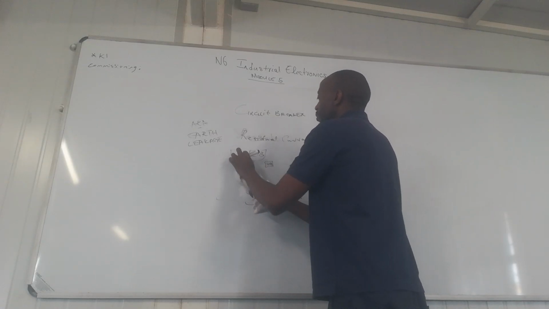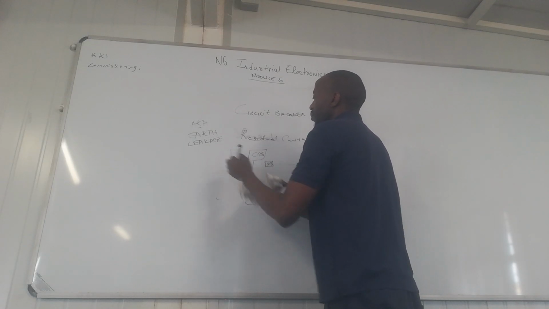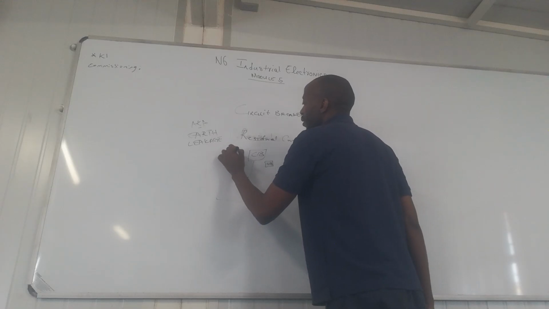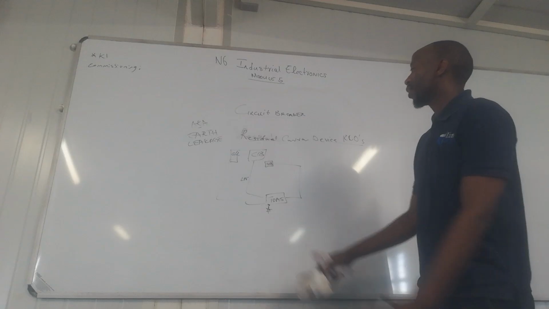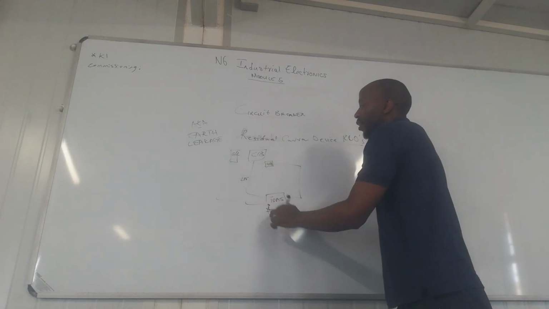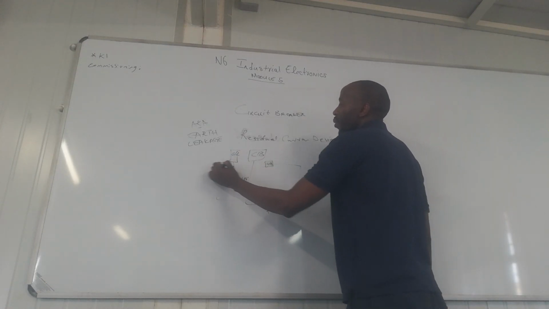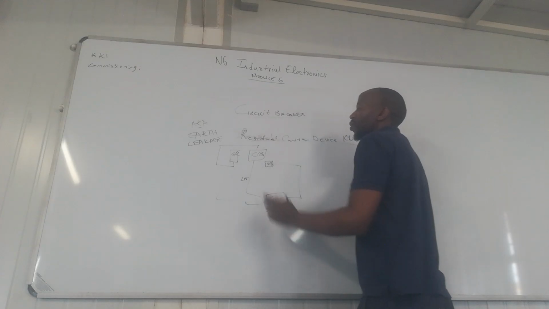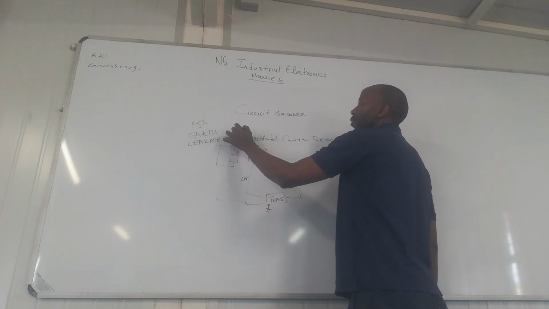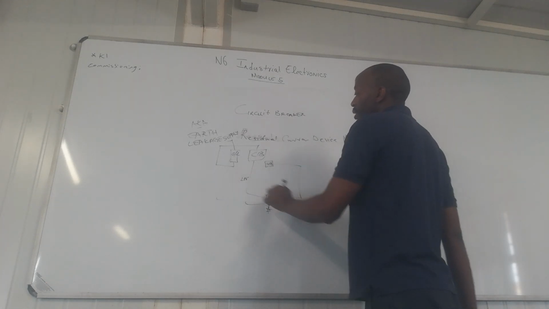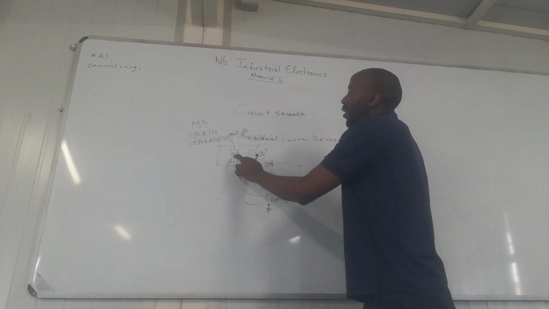I made a mistake here, this one comes straight to the earth leakage. Now the earth leakage will cut the circuit to the breaker, since the wire comes like this to the breaker. So now this is a supply. Now when the toaster is faulty, the earth leakage will cut